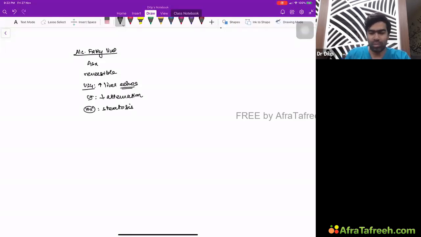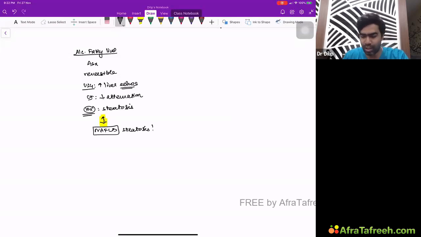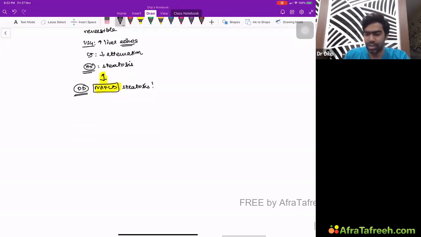You will just be seeing steatosis here. And to be honest, you cannot differentiate from non-alcoholic fatty liver disease. Which means there is absolutely no differentiation with non-alcoholic fatty liver disease in biopsy. If you do histology, even in non-alcoholic fatty liver disease, you will be seeing only steatosis. Suppose they ask you what is the most important differential diagnosis for alcoholic fatty liver, it's the non-alcoholic fatty liver disease. Then what will be the differentiation?